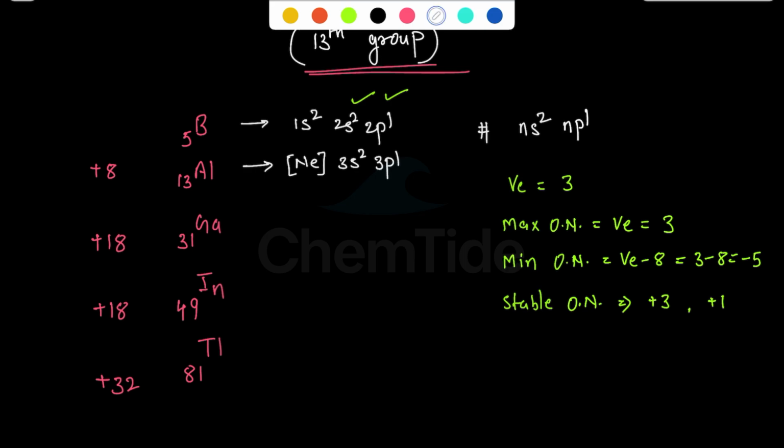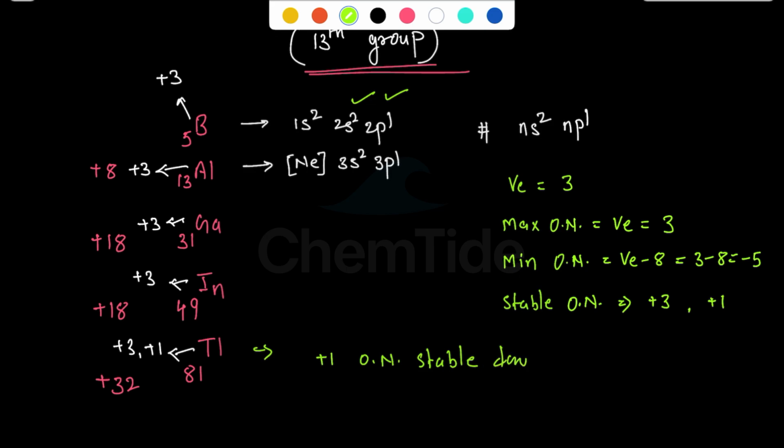So let's see, boron is showing only plus 3. Aluminium is also showing only plus 3. Gallium is also plus 3. Indium is also showing plus 3. But thallium is showing plus 3 and plus 1, where the plus 1 oxidation number is stable